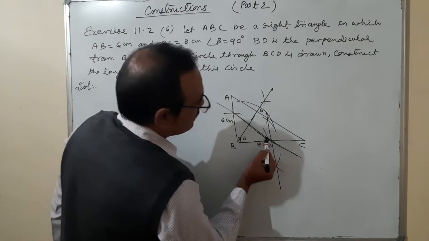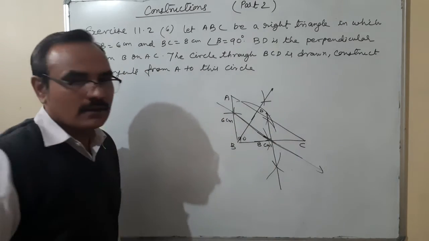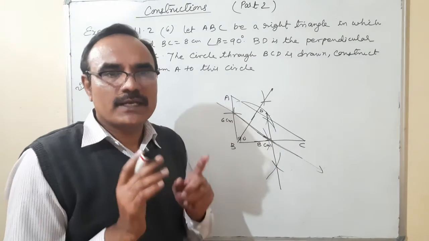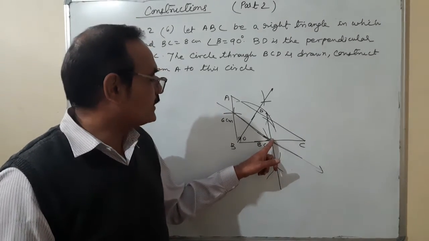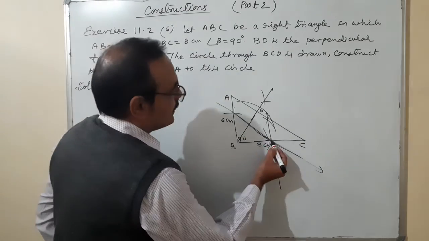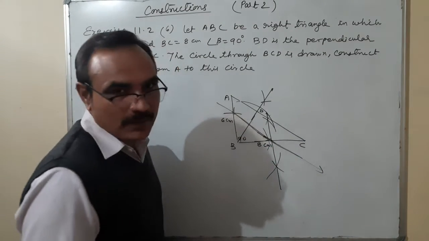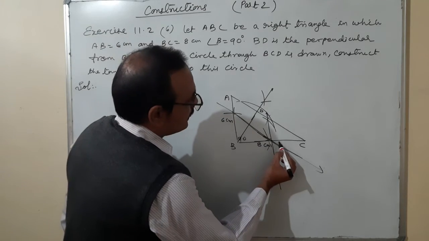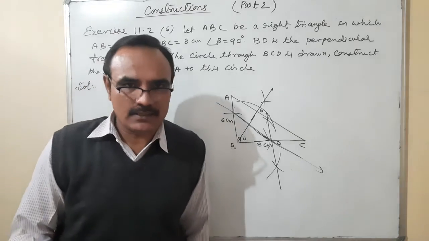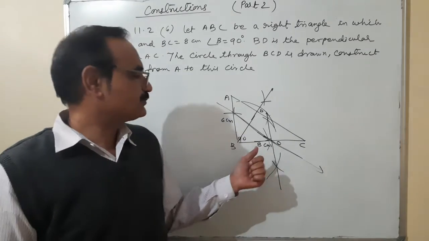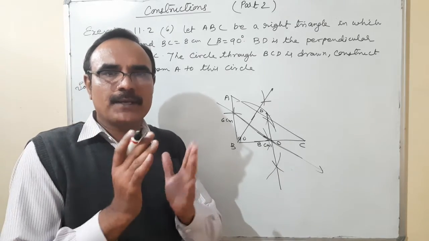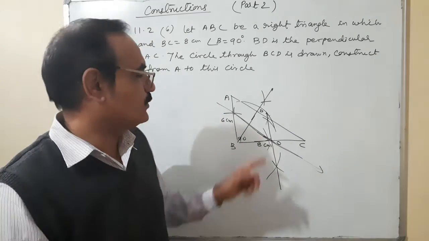And when we join them, they will go like that. By the way, whenever you draw these two perpendicular bisectors, you will observe that they will intersect at this point, that means the point which is coming on BC. So this is the point where both the perpendicular bisectors are intersecting, giving the name O, or any name you can give. By the way, it's the center of the circle. It's better to put O there. Okay, which is O, the point where both the perpendicular bisectors are intersecting.